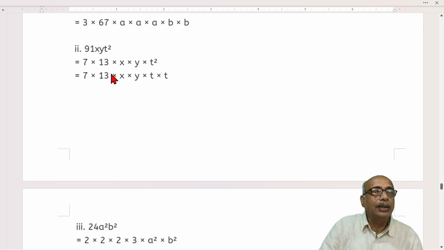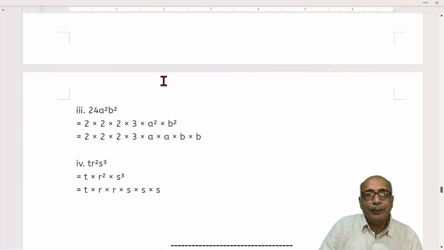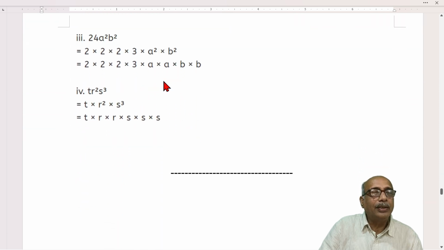Next, 91xyt square. 7 into 13 is 91, into x is one time only, y is one time only, t square is twice. So 7 into 13 into x into y into t into t. Very easy. Next,